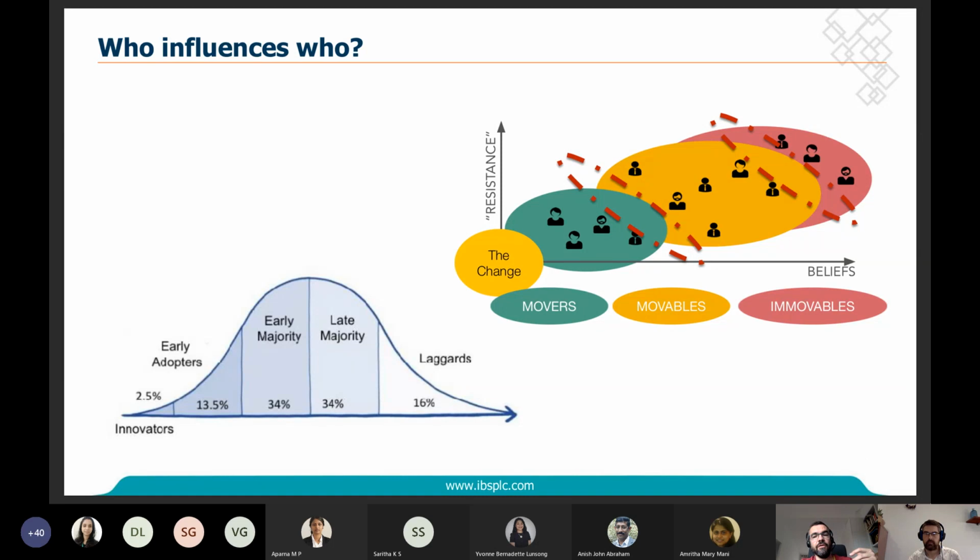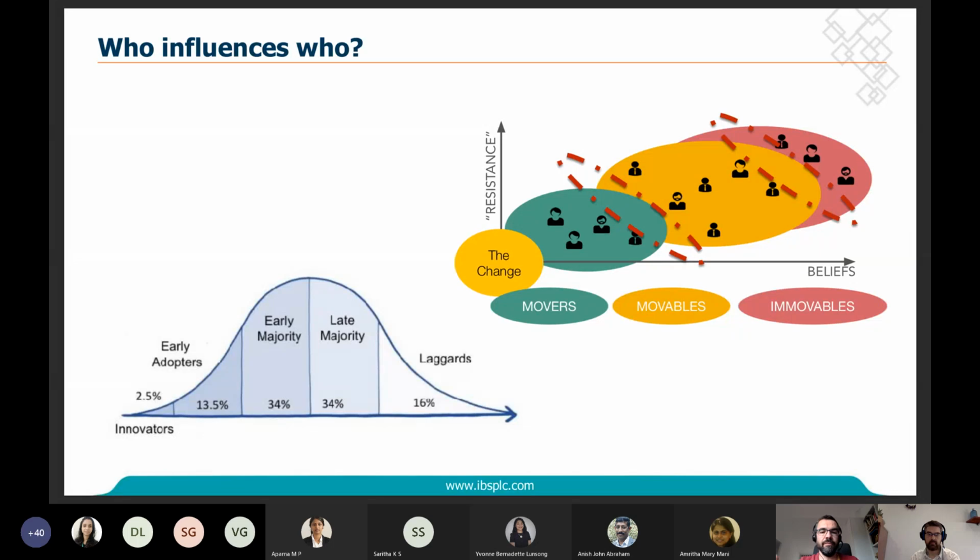To continue with that, we also would like to talk about grouping people, simplifying the reality, since we know it's always much more complex. Different groups will be moved or influenced or helped whenever the change is happening